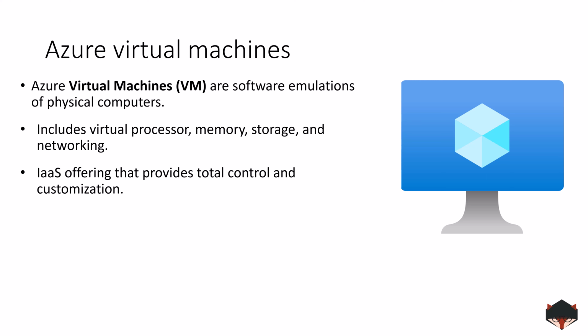Azure VMs give you the flexibility of virtualization without having to buy and maintain the physical hardware that runs the VM. However, as an IaaS offering, you still need to configure, update, and maintain the software that runs on the virtual